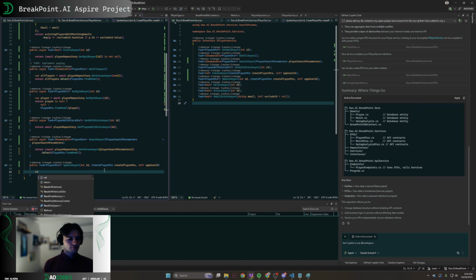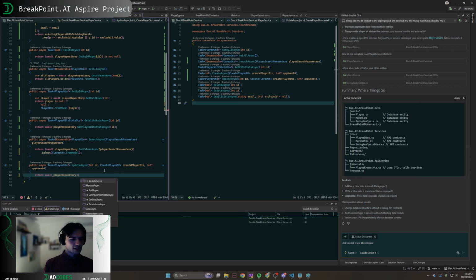And update async. This should be an easy one. Return await player repository dot update async. Pass in the ID. Pass in the player. And the app user ID. So create player dot to model. App user ID. And